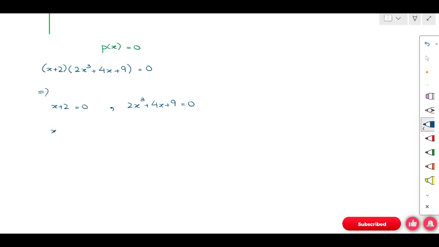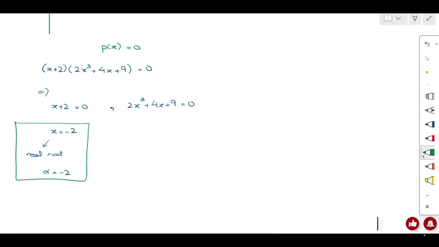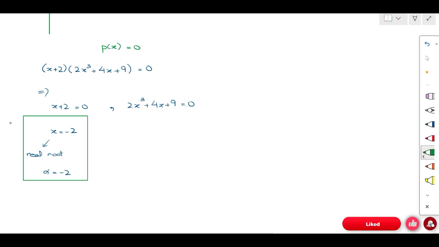So the first real root is x equals minus 2. So this one is the real root, and that real root is alpha. So the alpha value is negative 2. We need to solve for the alpha value, right? So we are done with the value of alpha, which is negative 2. Now from here you will get another real root, but that is not an integer. Negative 2 is an integer. Okay, so from here we need to show that it satisfies this equation.